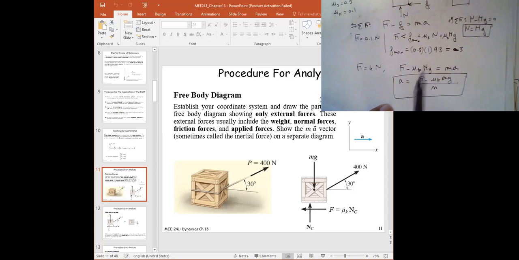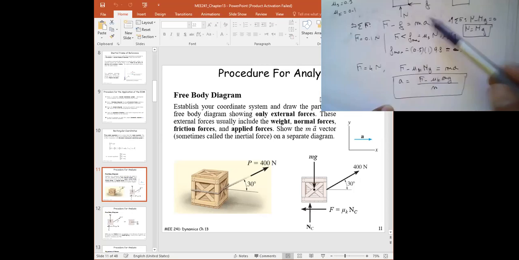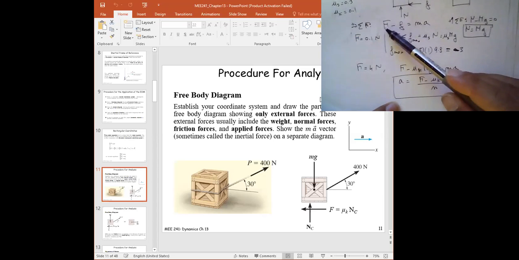So there are 2 situations that could occur here. First, you want to find if F is greater than the maximum friction force, and if it is, meaning there is motion, then you update the friction to be equal to mu k times mg, and then you find the acceleration. Or another way is to put F minus the maximum friction force and then find the acceleration. If the acceleration is negative, it means that this force cannot create any motion. The friction is greater than whatever force you're applying, so motion is not possible. Then you stop right there, and the friction is equal to F.